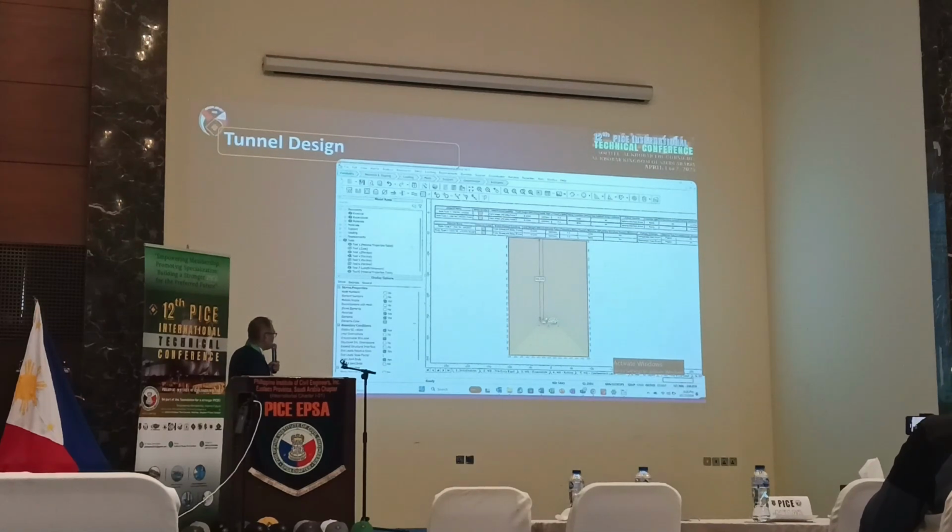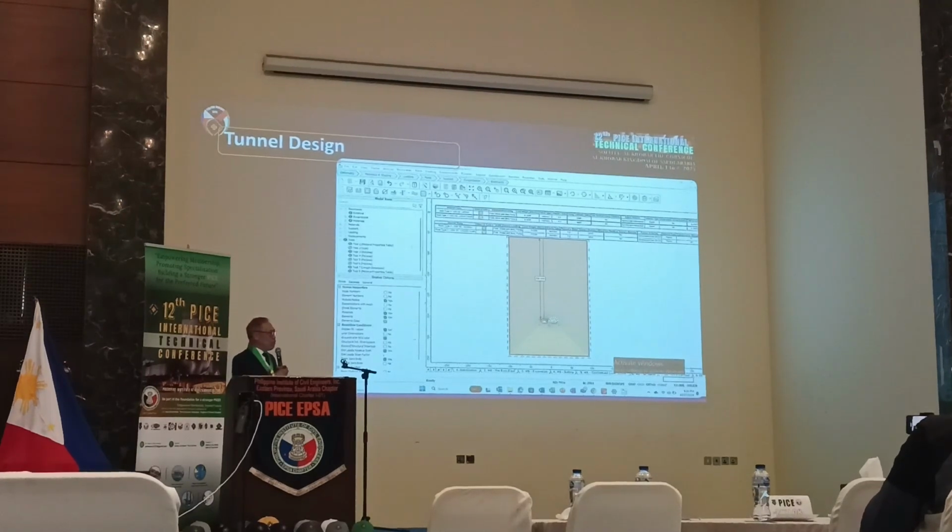The ground cover from the soffit of the proposed tunnel to the surface of the rock formation is 200 meters, so it is adequate to safely carry out the drill and blast. What if the ground cover reduces to 5 meters?